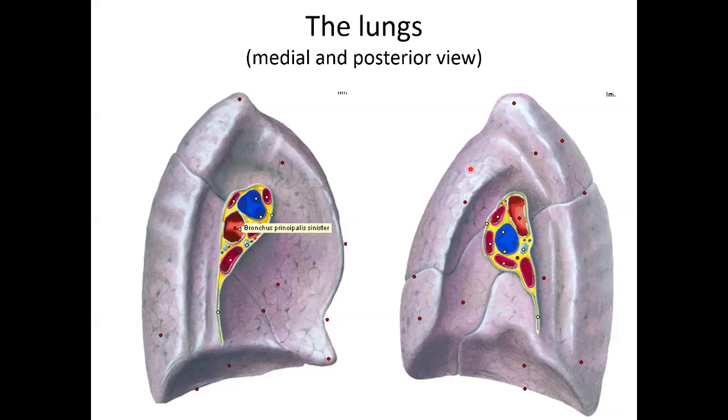They are called lobules. There is a gray border of each lobule because they are divided from each other by connective tissue,